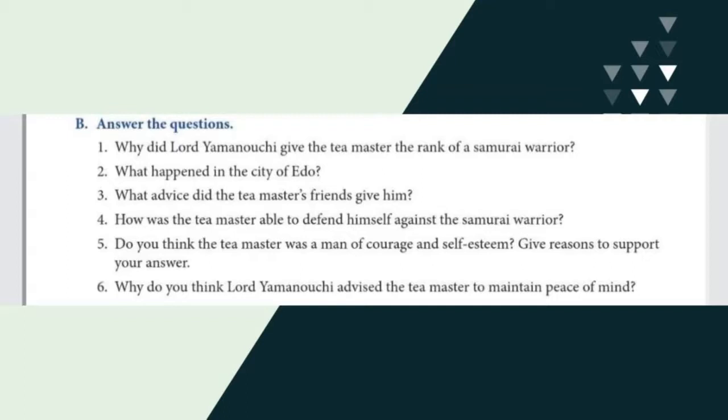And the fourth one is, how was the tea master able to defend himself against the samurai warrior? Defend means protecting, okay? Because the tea master faced the samurai warrior with confidence and peace of mind. By seeing his confidence and peace of mind, the samurai warrior thought to himself that the tea master was a real samurai warrior. So that's why the samurai warrior was asking sorry to the tea master for his rude behavior on that day,